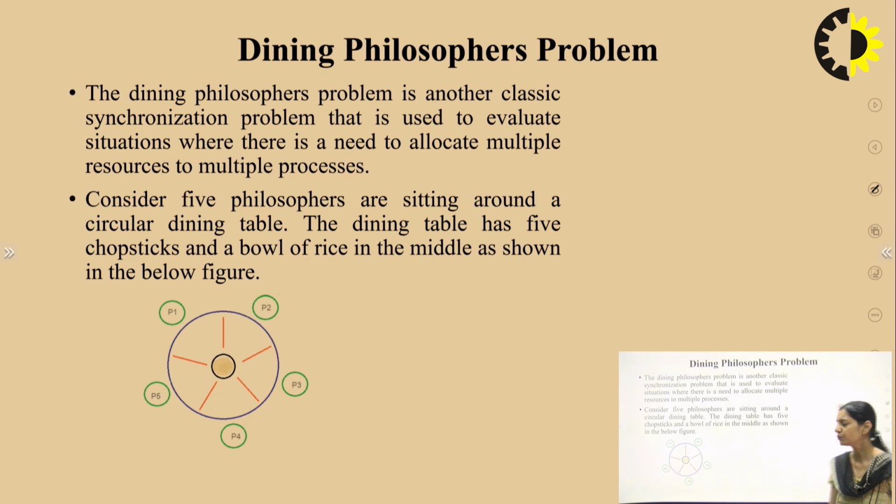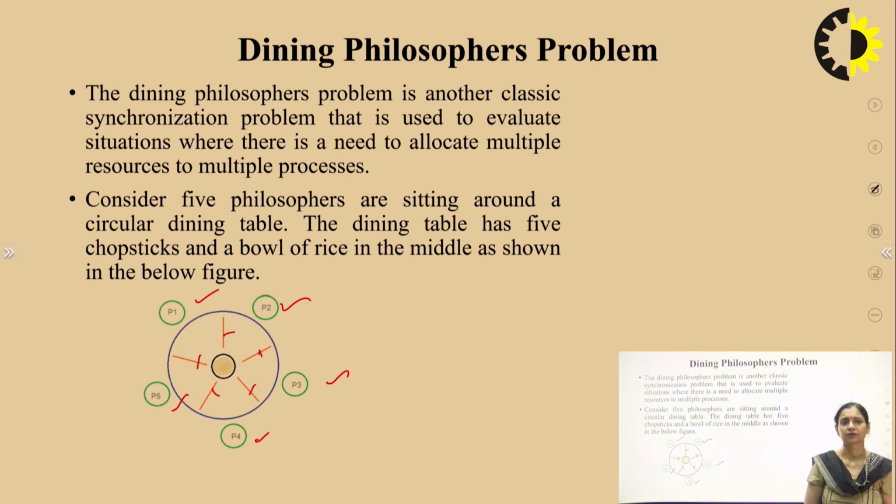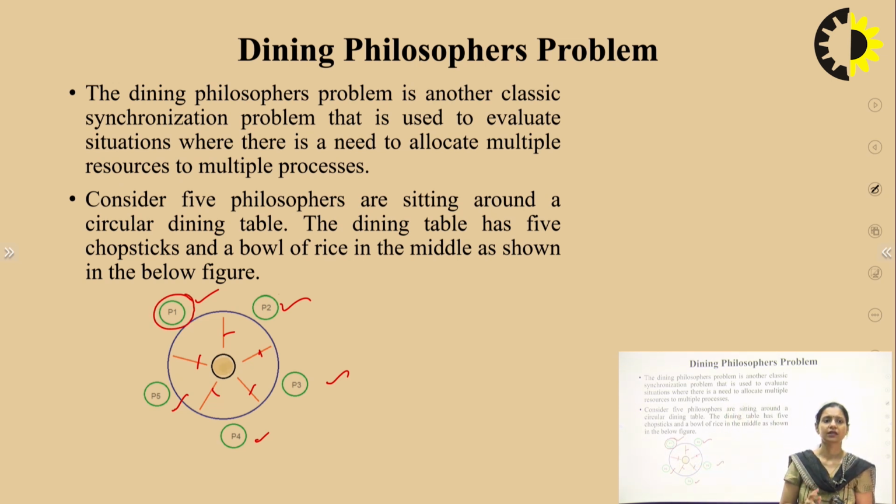The dining philosophers problem says that suppose we have 5 philosophers sitting at a dining table in a circular arrangement, and we have 5 chopsticks, which are 5 resources that can be accessed by each philosopher. Each philosopher will be in one of two states: he could be in the thinking state or in the eating state. When a philosopher is in the thinking state, he will not be using any of the chopsticks. But as soon as the philosopher thinks of entering the eating state, he will first